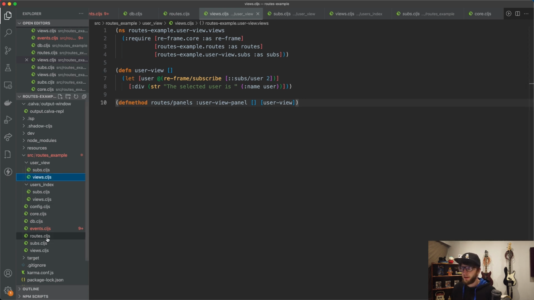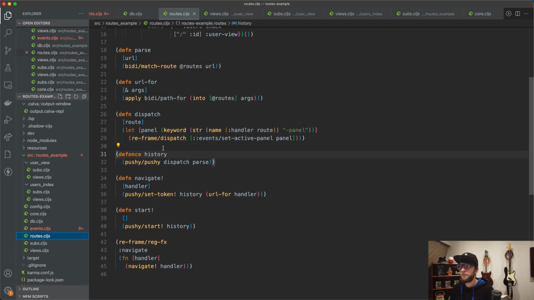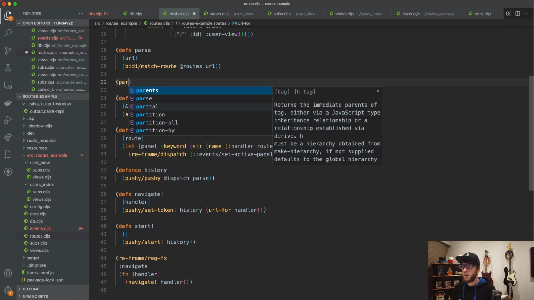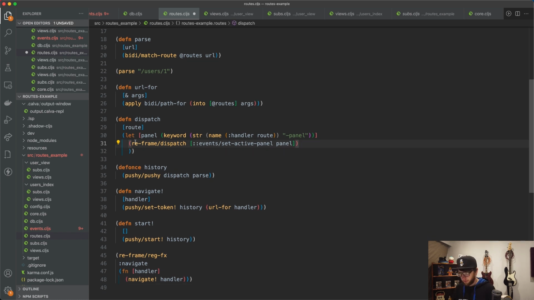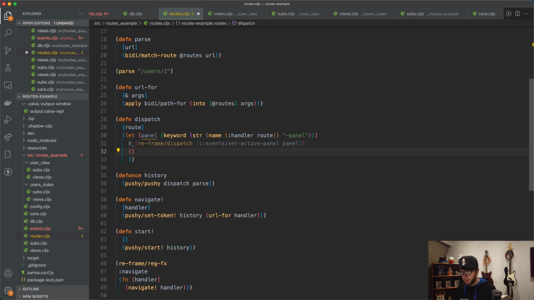So we're going to go to our roots file, and we saw earlier that if we pass our root, so I'm just going to pass our root, which is /users/1, we get these root params here, but we're only setting the active panel here. So let's actually, instead of setting the active panel, let's set the whole root with the active panel. So I'm going to, instead of using this dispatch, I'm going to create a new dispatch. So I'm just going to comment this out. We want to create a new dispatch,